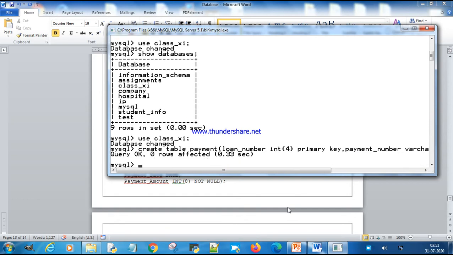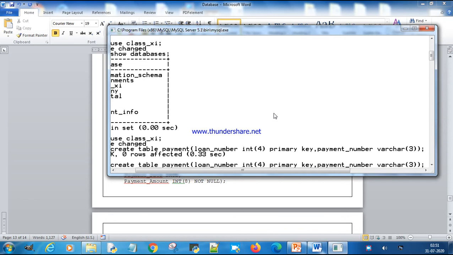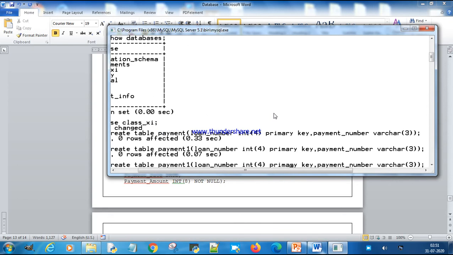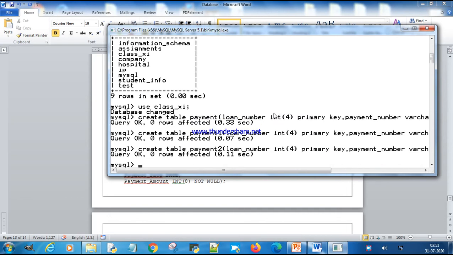This is my table. Now I want to create another table, that is payment1, then payment number. Then I want to create another table, payment2. Let's show the tables.